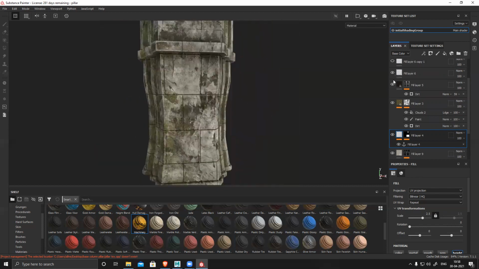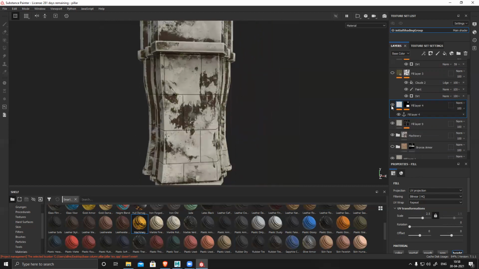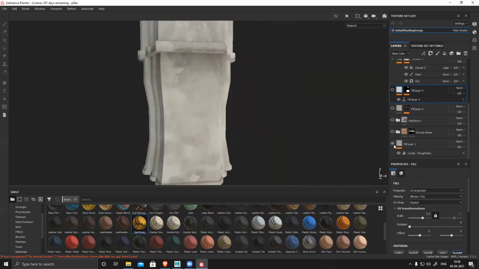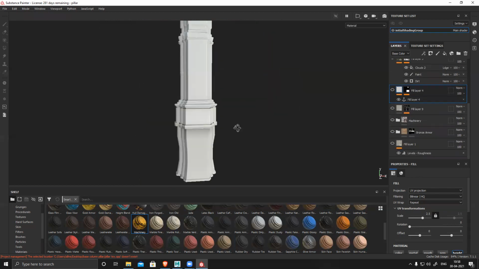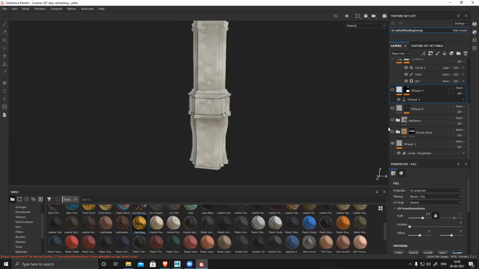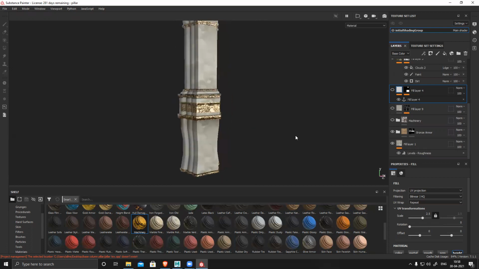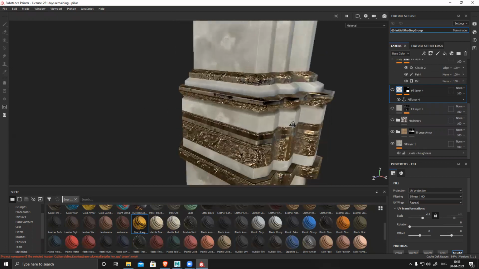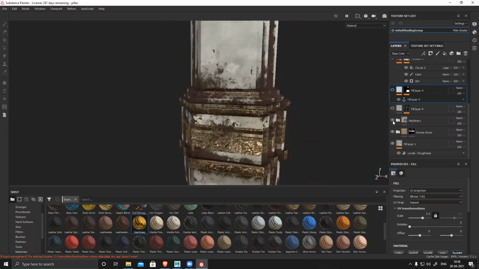If I switch off all those things, you can see my default model is like this. There is no detail, just a flat pillar, base texture, some metallic part, gold trims. This is roughly created for demonstration.